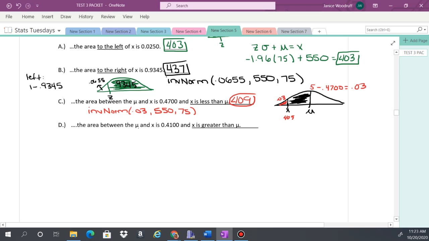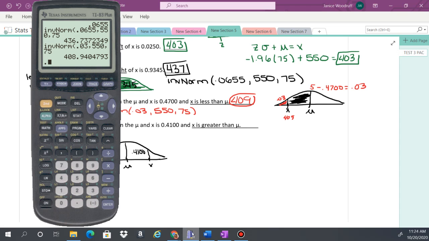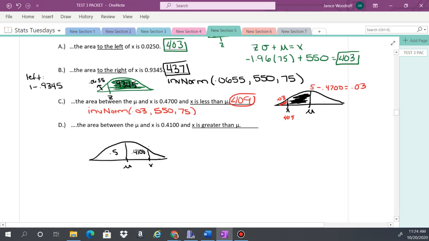And then the area between the mean and x is 0.41, and x is greater than the mean. So this is very similar, it's just the opposite side here. So here is your mean. X is greater, so we'll say it's right here. And then this area is 0.41, and this area is 0.5. So to find the total area to the left, you can just add those together. So that would be 0.91. So all of this here